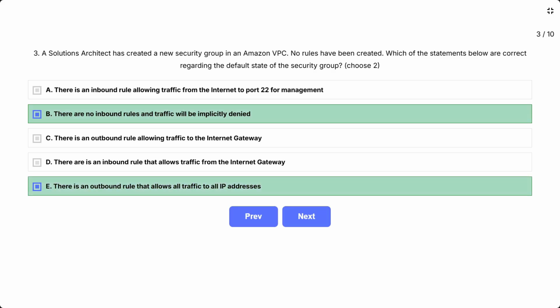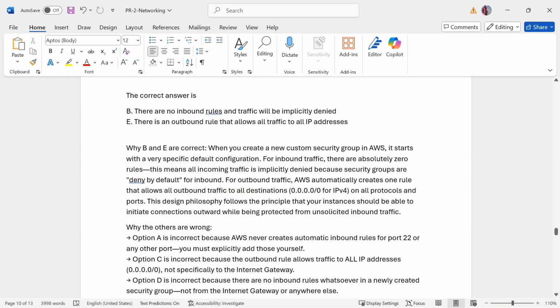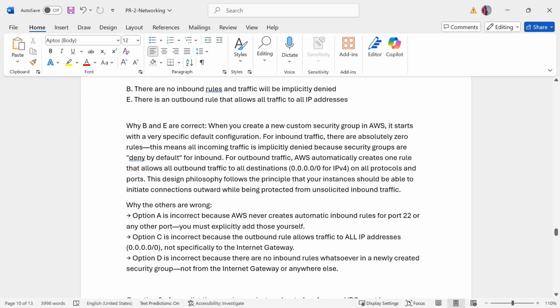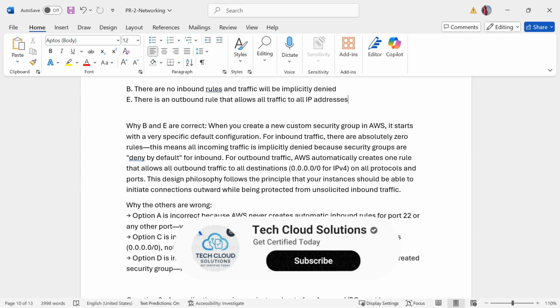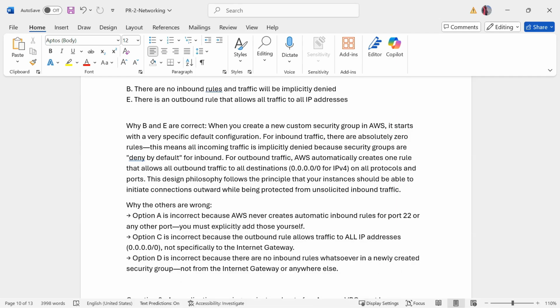Why B and E are correct. When you create a new custom security group in AWS, it starts with a very specific default configuration. For inbound traffic, there are absolutely 0 rules. This means all incoming traffic is implicitly denied because security groups are denied by default for inbound. For outbound traffic, AWS automatically creates one rule that allows all outbound traffic to all destinations, 0.0.0.0/0 for IPv4, on all protocols and ports. This design philosophy follows the principle that your instances should be able to initiate connections outward while being protected from